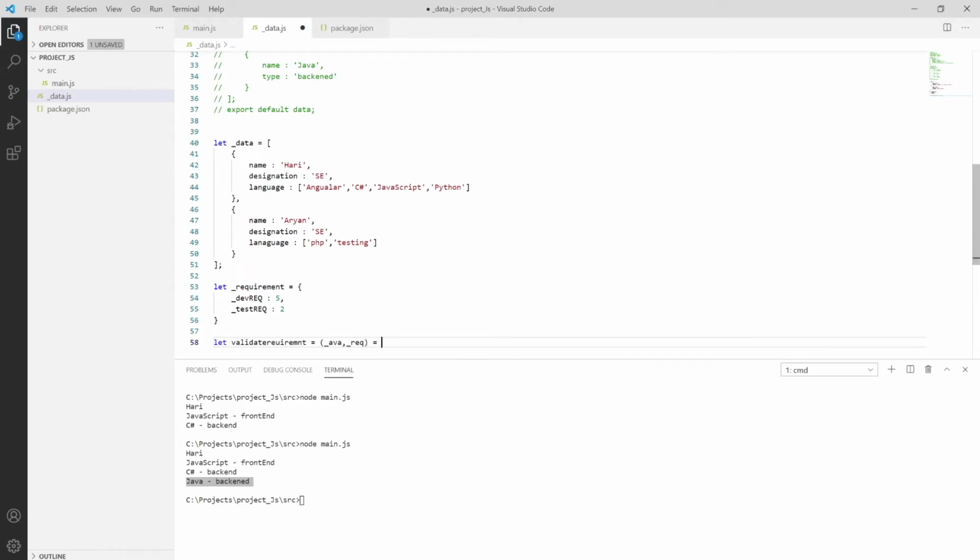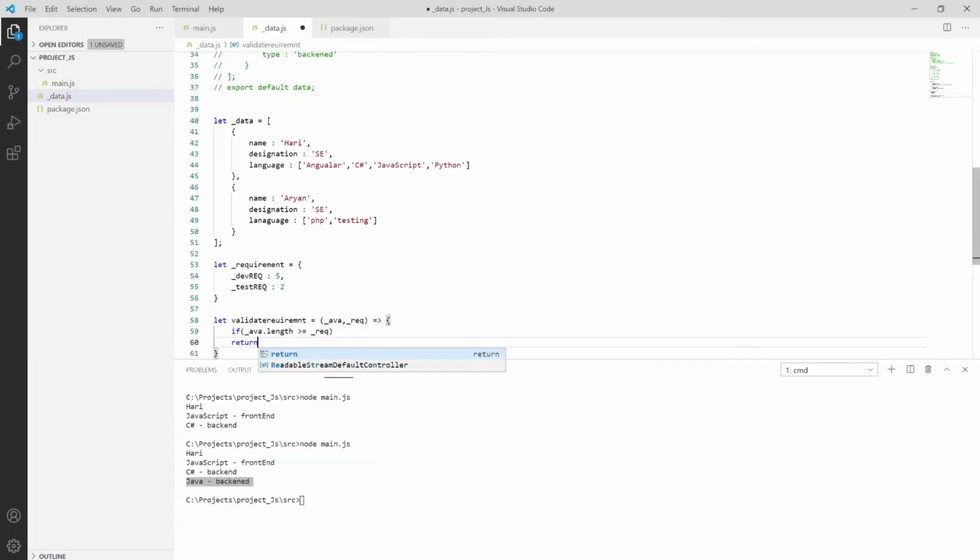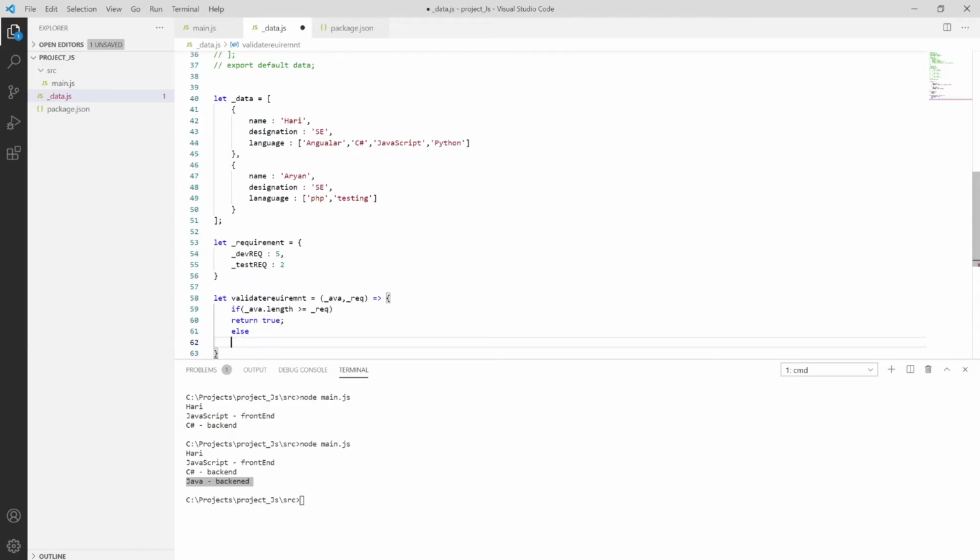Then using the arrow operator from ES6 version, if passing underscore AVA dot length, an inbuilt function I'm calling, is greater than or equal to underscore required, then return true, or else return false.